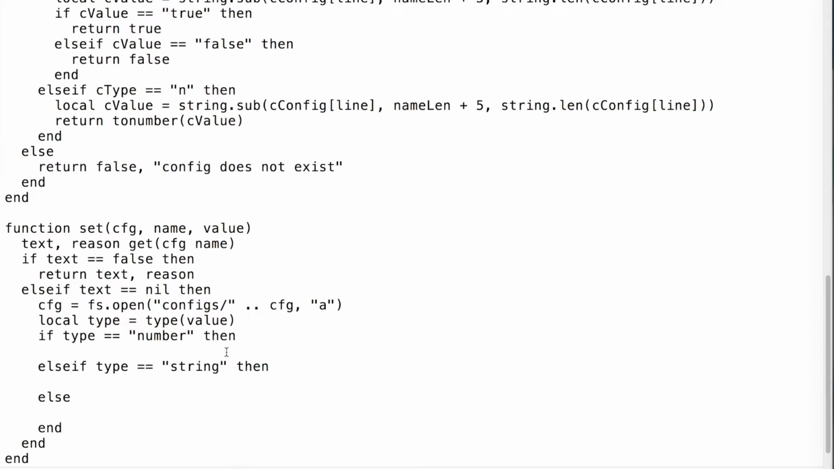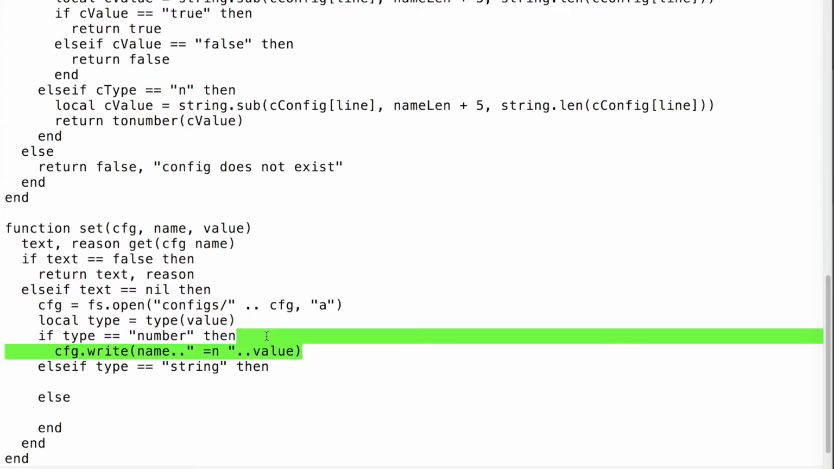So there we go. And now it's a number, and it should already be a number, so we just, you need to know this so that we can do config.write, and then we put in here name dot space equals n space dot value, and then we put those in there, and now we just copy this